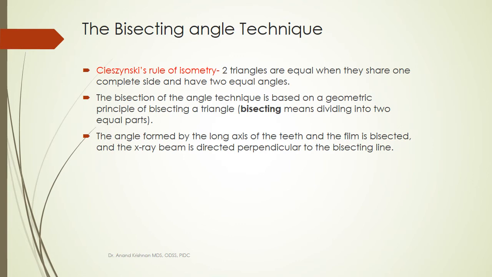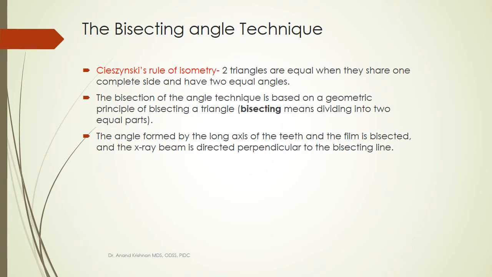And number two is, the patient needs to be dentulous. That is, the patient needs to have teeth to be able to bite on that particular device. If the patient is edentulous, then the patient will not be able to bite and hold the device. The entire device is held by the patient's bite, how strongly the patient bites on the biting area of the device. If the patient does not have teeth, there is not going to be stability to the device, because of which the device is going to be moving up and down, and eventually there is a chance that the image you get might get deteriorated.